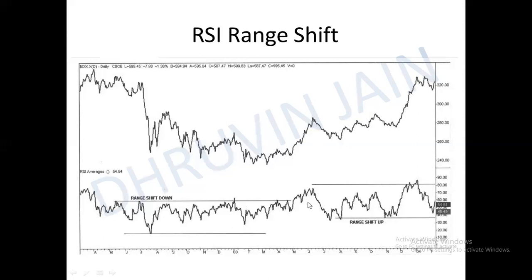60, you can see that here also 60 acts as a great support. This is almost the 60ish region. This could be a 56 region. I can say 56, 54 region, almost 60s. Let's just round figure it out. And the 60 region, how 60 acts as a great support, and RSI is moving in it right now.